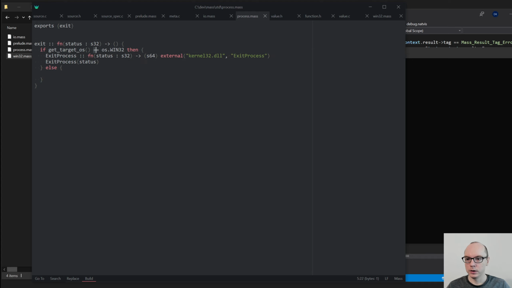And then in here, we'll just say that Win32 is an import of standard Win32. And then we would say Win32 exit process of status. I think something like this can work